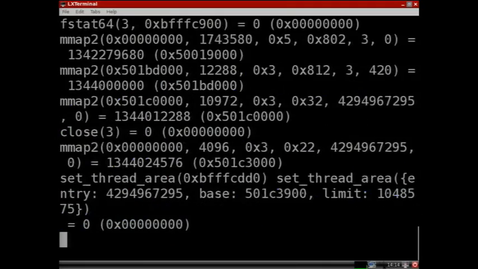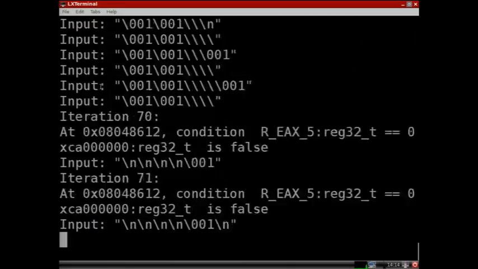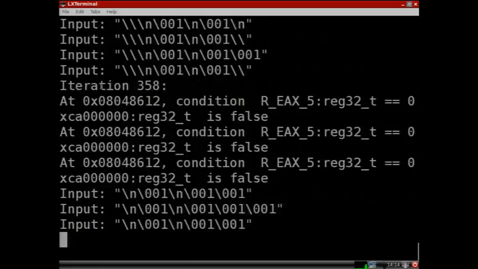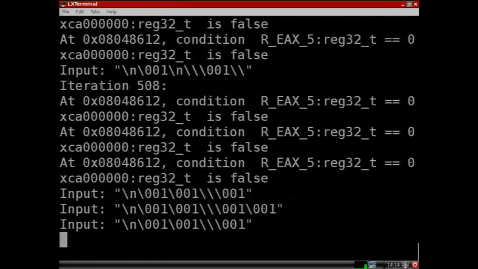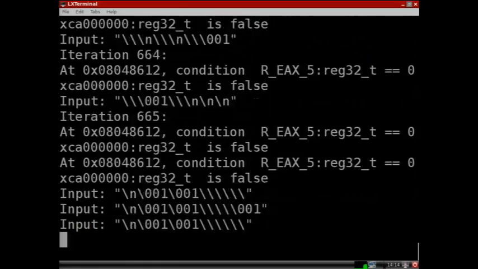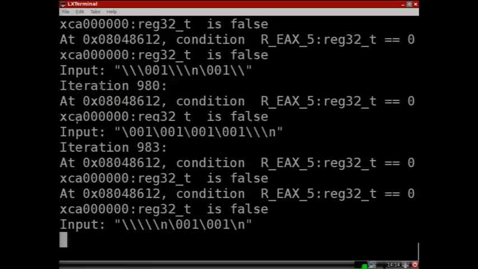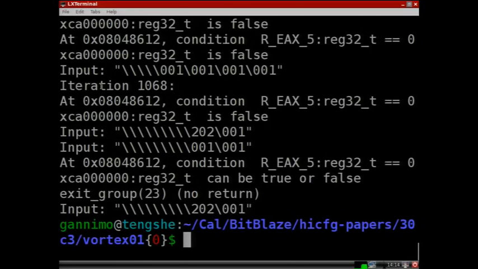So the system initializes. We have a set of system calls. And now it's trying different inputs. It tries to follow all the different states that are possible and tries to generate an input that will trigger our win at one point in time. And you see that all these 001s scrolling by are generic inputs, and it works through the backslash that triggers the decrement, write values, and specific debug prints. It removes the debug prints pretty soon. And now we see that it's already finished in roughly 22 seconds on this poor little netbook that I have here. And it's running on the netbook, not on the cluster.